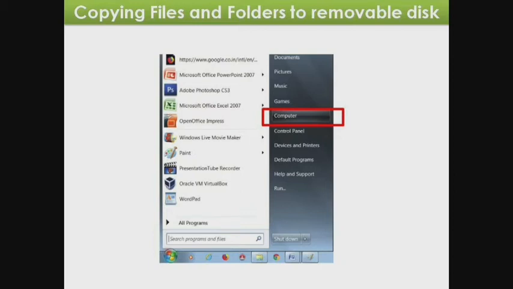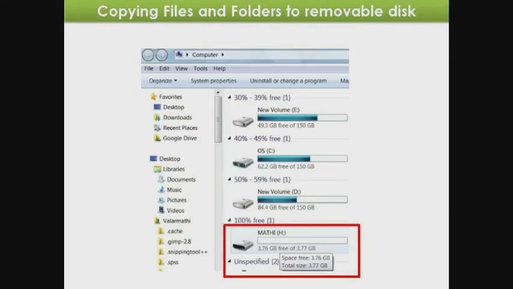After that, the computer window will be open. All the drives inside the computer and the external, that is removable disk name, will also be displayed in this window. I took this example from your textbook. So here they gave the name for their removable disk Madi H drive. So double click on that removable drive. So it is also highlighted with red color rectangle.